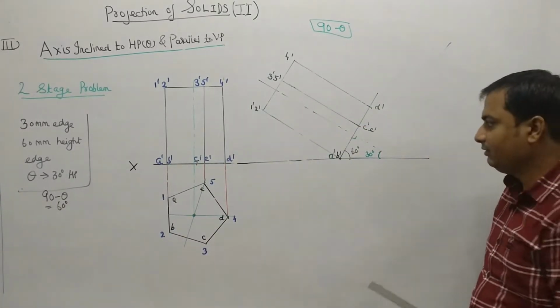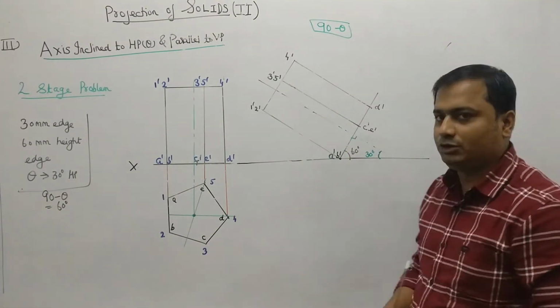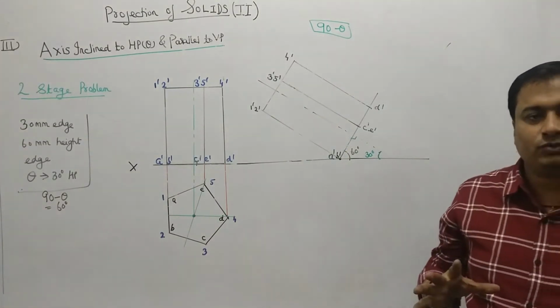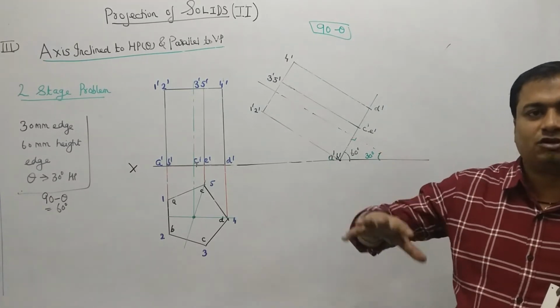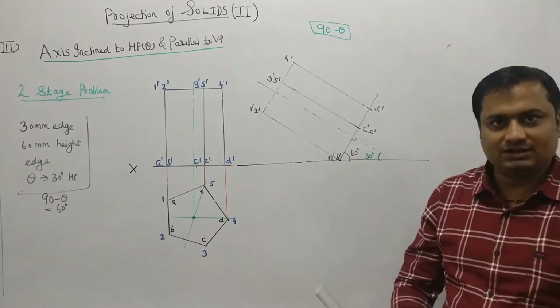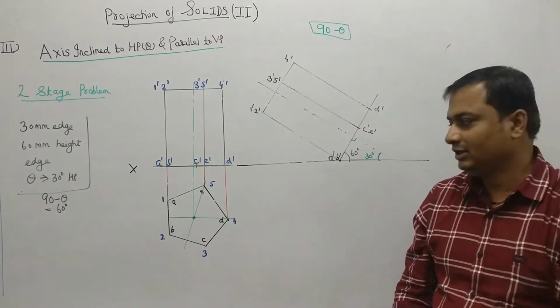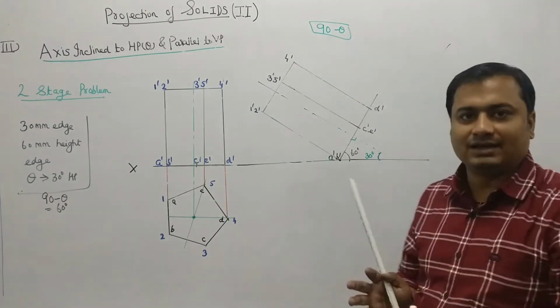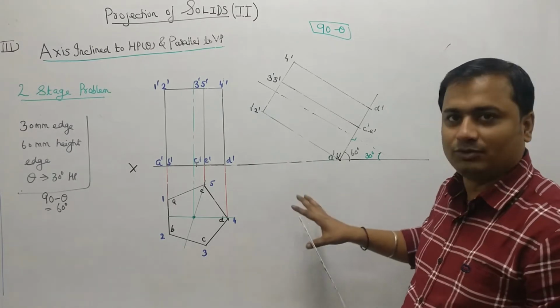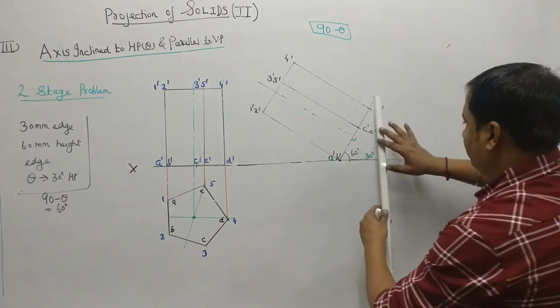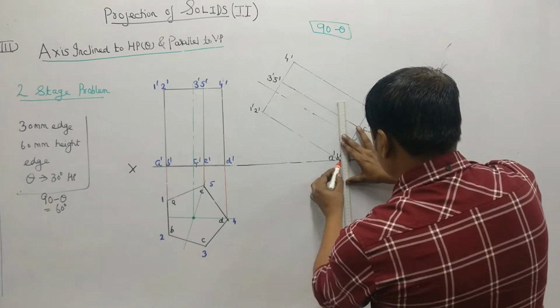So now I want to plot the final top view. So how to obtain the final top view? Now again I will be recalling the concept of plane. How were we obtaining the top view of the plane? We used to bring vertical projectors down and take horizontal locus, and we were marking out the intersection point. So same here we are going to do, right? So plot the vertical projectors.